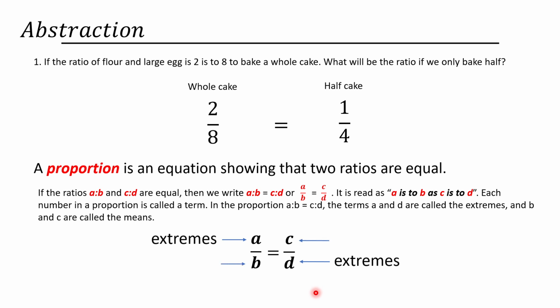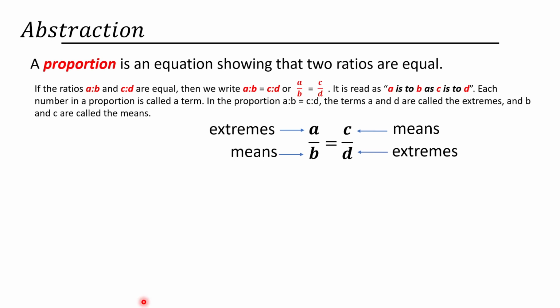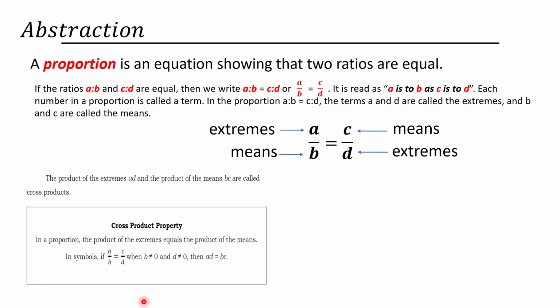And B and C are called the means. So why do we need to know this? Because in solving ratio and proportion problems, we need to better understand the cross-product property. The product of the extremes, meaning A and D, and the product of the means, meaning B and C, are called cross-products, and the product of the extremes equals the product